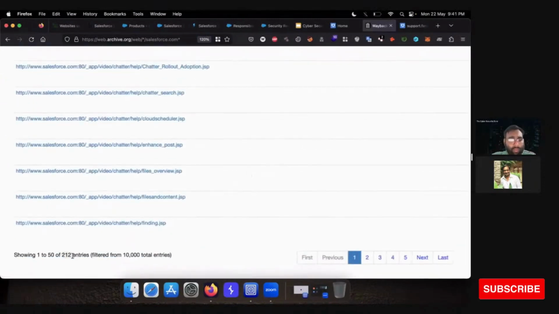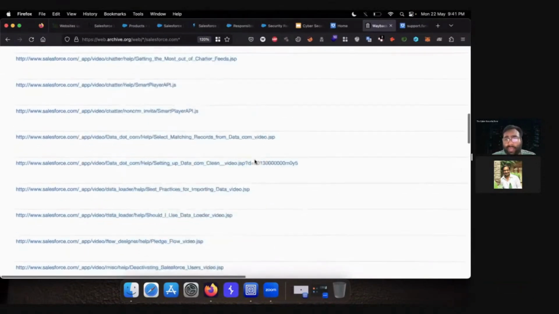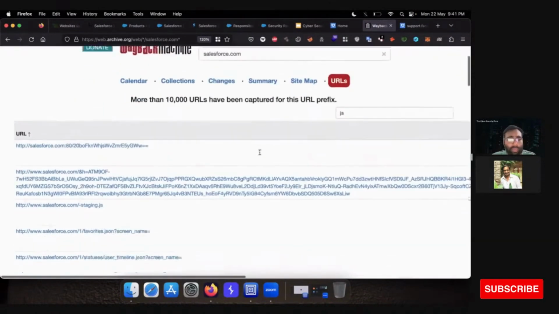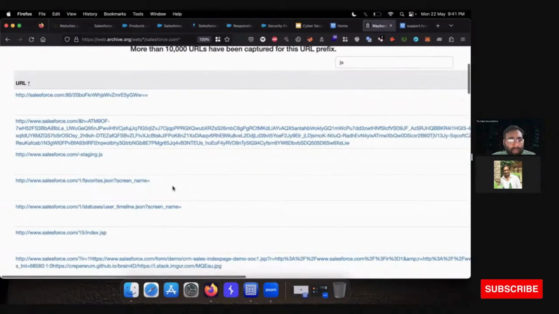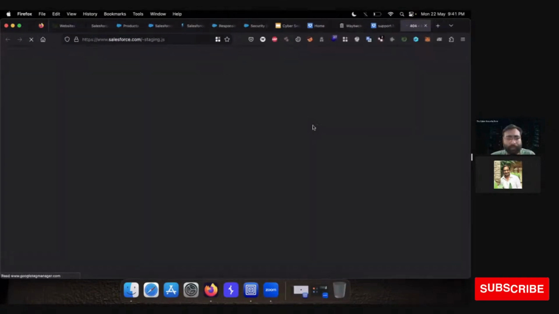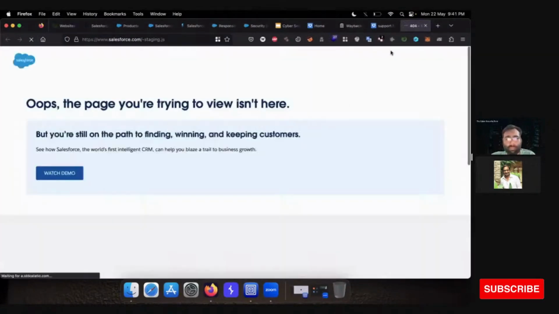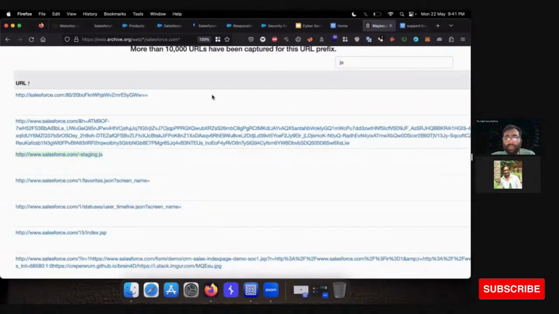We have a total of 212 entries related to our JS files, so you need to open each and every file, like this staging file. This is not visible.